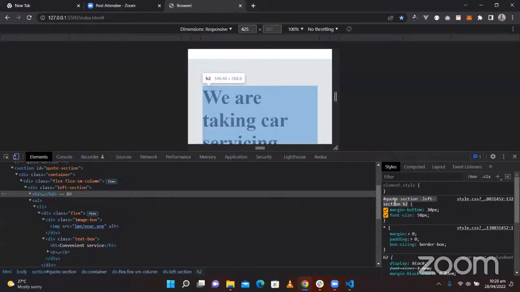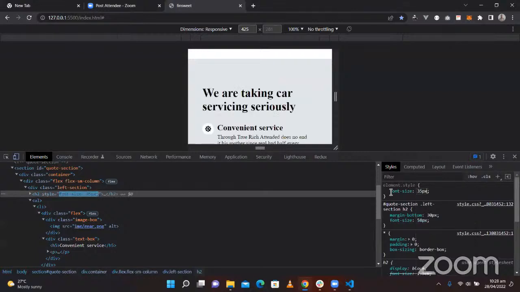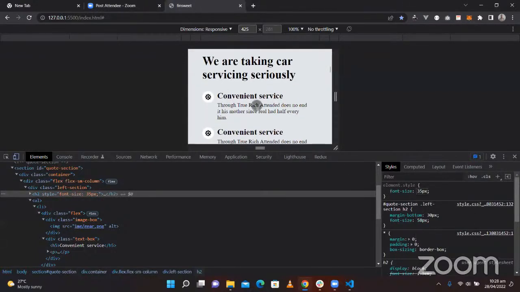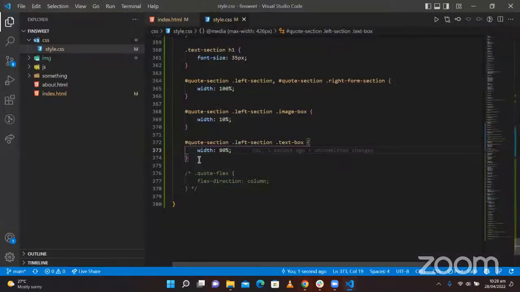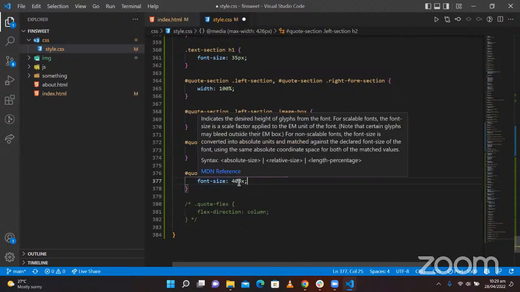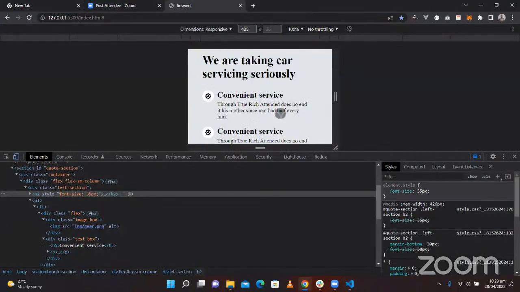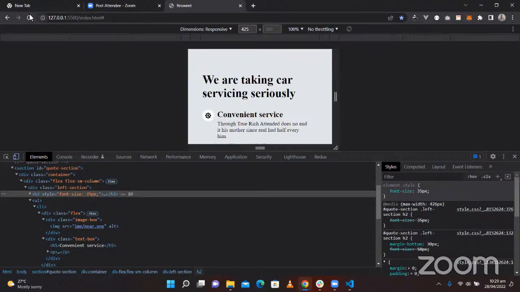So if I copy this, before I go and paste that, I could just say let's reduce it to a font size of maybe 5 pixels. So you see, we have this now. So I can just put this here. So I have a font size of 35 pixels. All right. So if I reload here now,